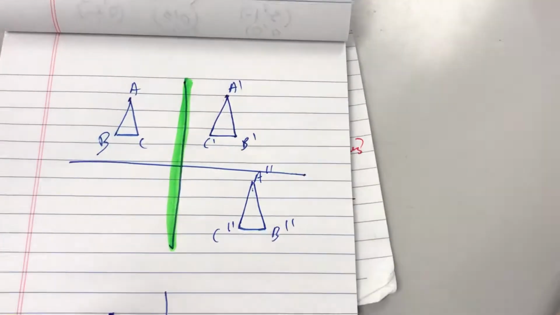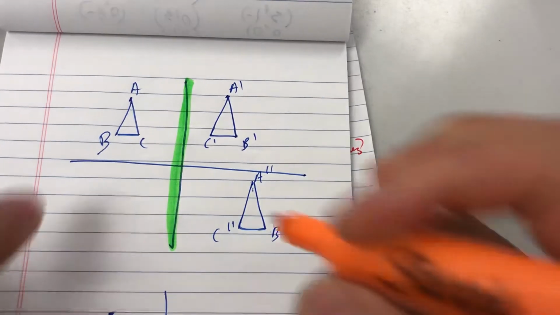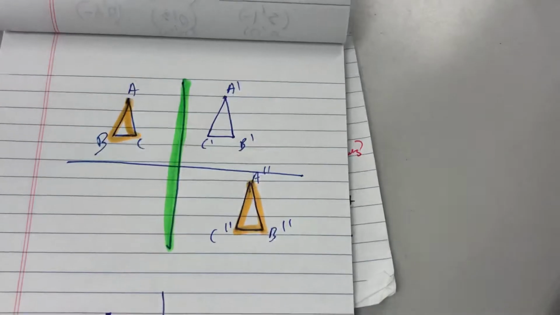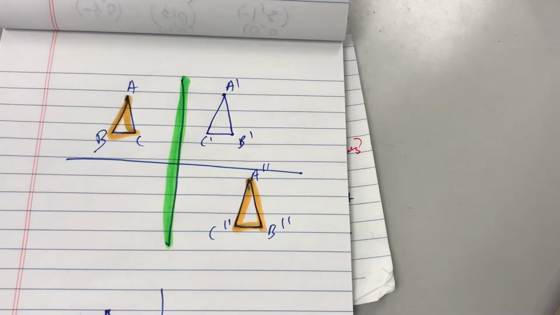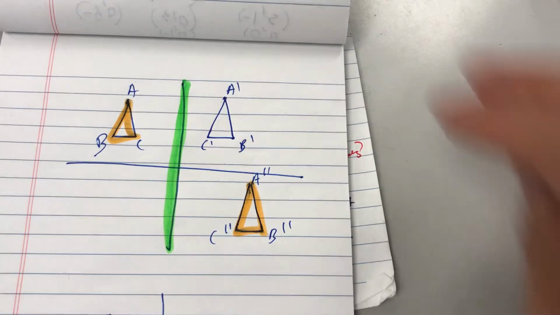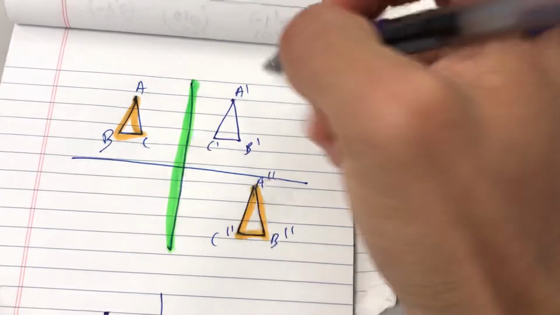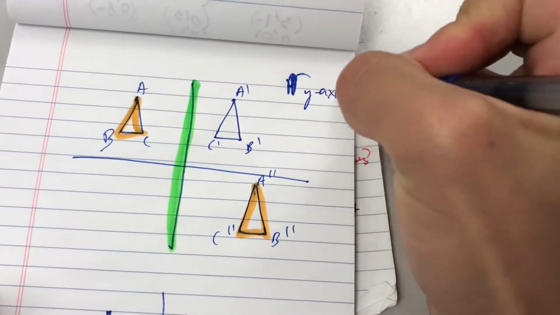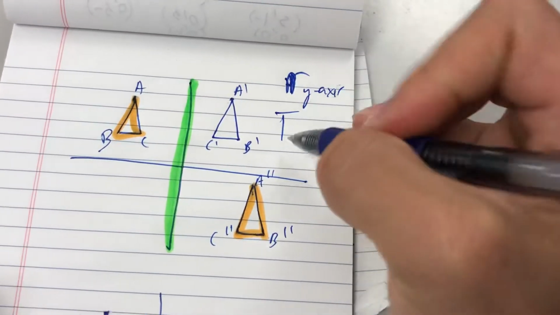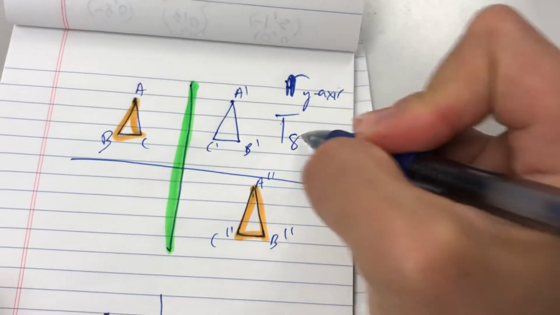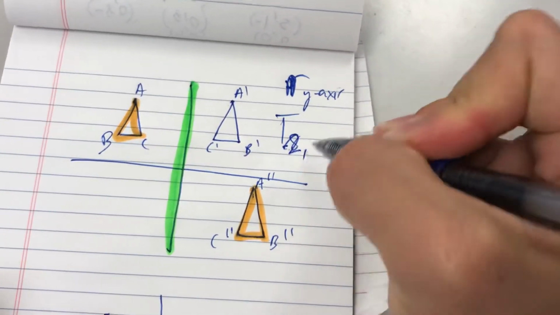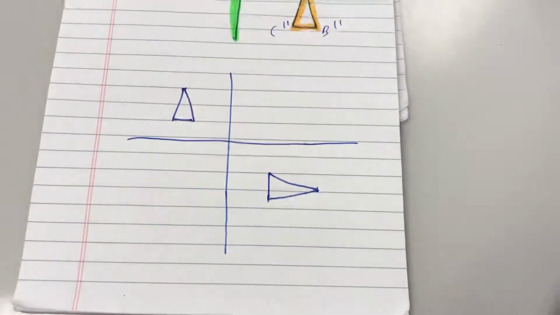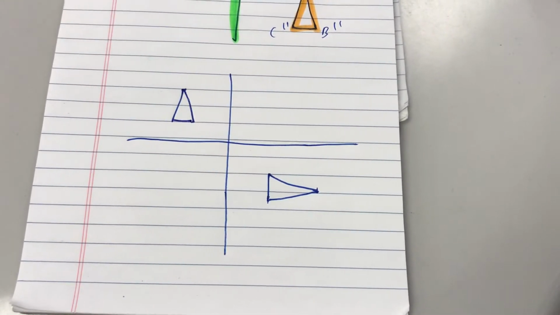In order to create this image right here of A double prime, B double prime, and C double prime, basically what we had to do to get from ABC to this is we have to do 2 transformations, not at once, but one at a time. First, we had to reflect, lowercase r, reflect off of the y-axis, and then we translate it, I'm making this up, but like 2 units to the right and 8 units down, something like that. So now, for today's lesson, your job is, if I gave you this, you have to figure out how